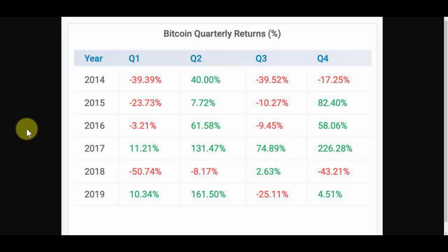Now we're rolling into October, and as such, we are entering Q4. And Q4 has been pretty bullish. Someone shot me this chart of quarterly returns, and Q4 has been giving us decent returns each year, except